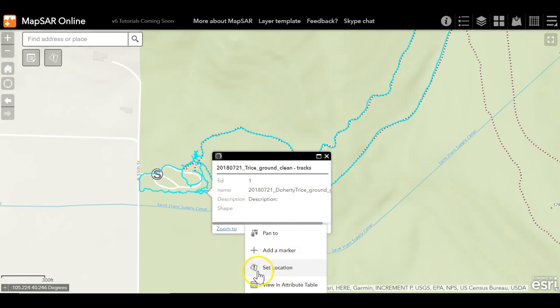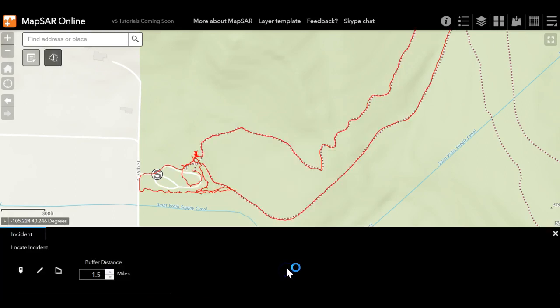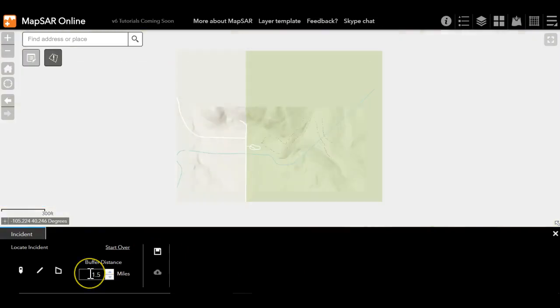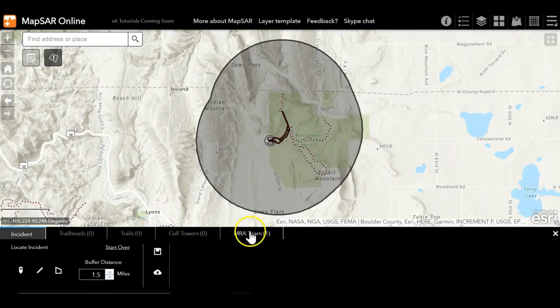So I'm going to use something called the Situational Awareness widget. When I click on my GPX track, which I said is just in there temporarily, I can click Set Location. And what this will do by default is buffer it so I can do an analysis and find out everything that's within 1.5 miles of that. But what I really want to do